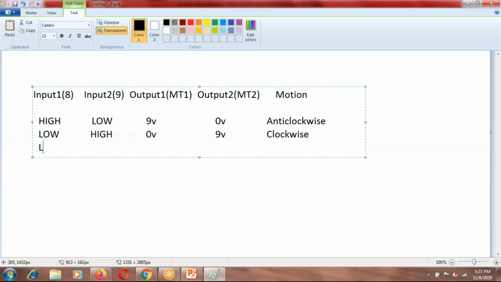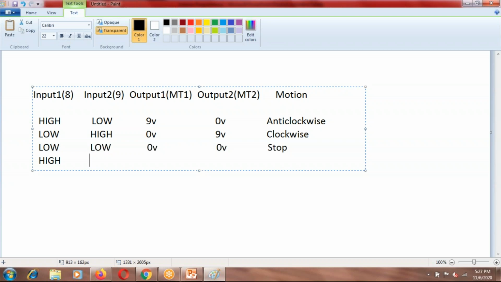Now let us take another condition. Let's say both of the terminals are at low, meaning you are giving 0 volts here as well as 0 volts here. Obviously in this case there will be no motion and your motor will stop rotating. Similarly, if you are giving a high to both the terminals, it will still not move, because, as I told you yesterday also, both the terminals are at the same, higher potential, so there will be no potential difference between the 2 terminals.